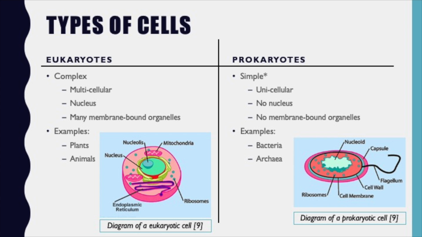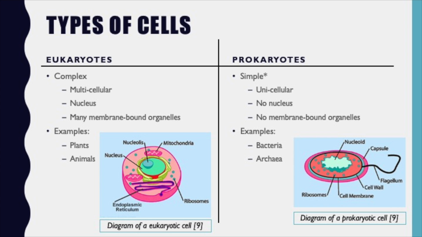So now if we look at the right side of the screen, we'll talk a little bit about prokaryotic cells. So in general, prokaryotic cells are what people call more simple. They are still very complex, but compared to eukaryotic cells, they are relatively more simple. So some examples of this is they only make unicellular organisms or single cellular organisms. So that means that people like you and I that are made of over 30 trillion cells are not made up of prokaryotes. We are made up of eukaryotes, as we previously discussed.